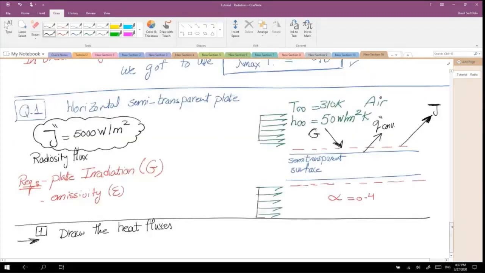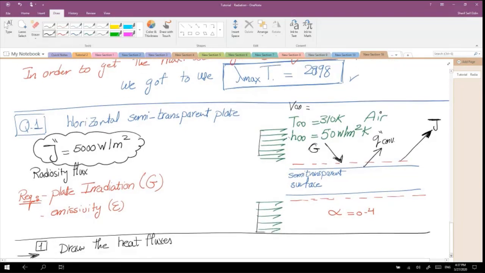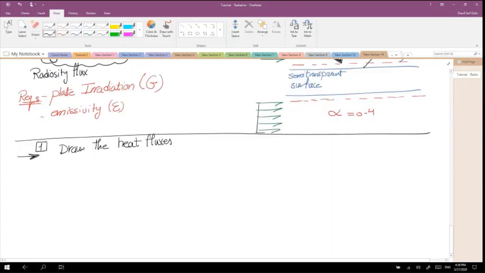And if this h wasn't given to you in the problem, maybe they would give you the velocity of the air flowing over the flat plate, and you would use the flow over flat plate forced convection correlation to get the Reynolds number. You're going to get the Nusselt number, and from here you're going to get h, and you will be using this h to get the q of convection, right? So